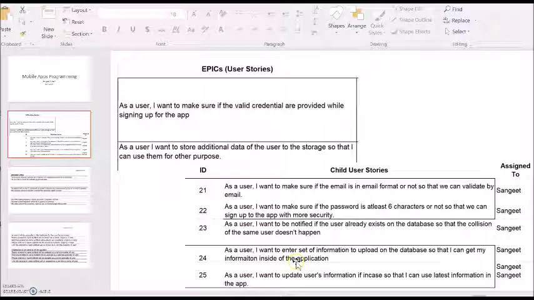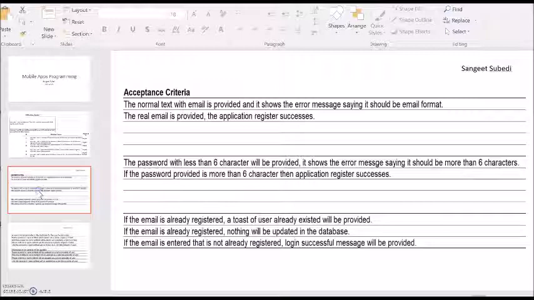As a user, I want to enter a set of information to upload in the database, so that I can get my information inside of the application. As a user, I want to update the user's information if needed, so that I can use the latest information in the app. So the acceptance criteria of